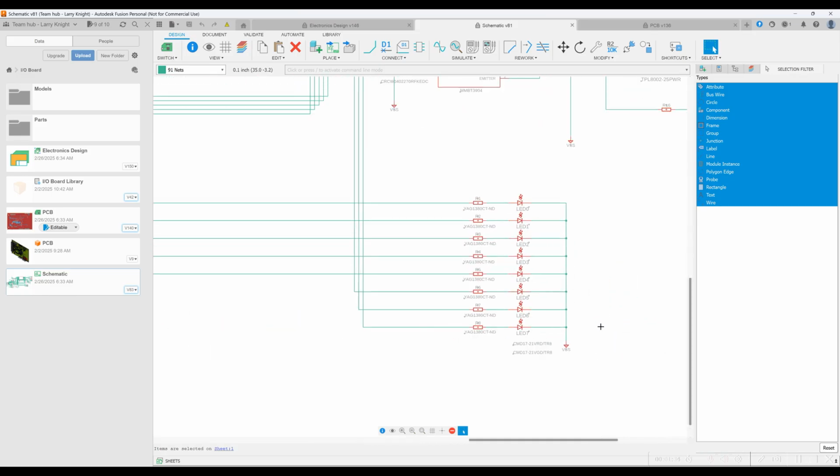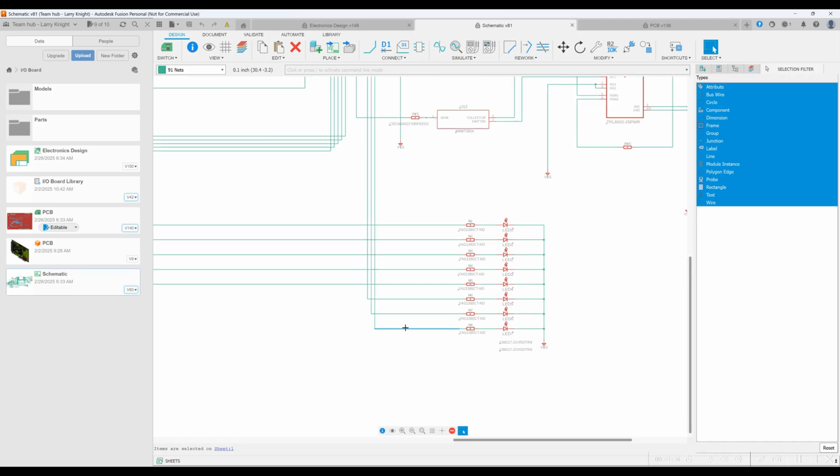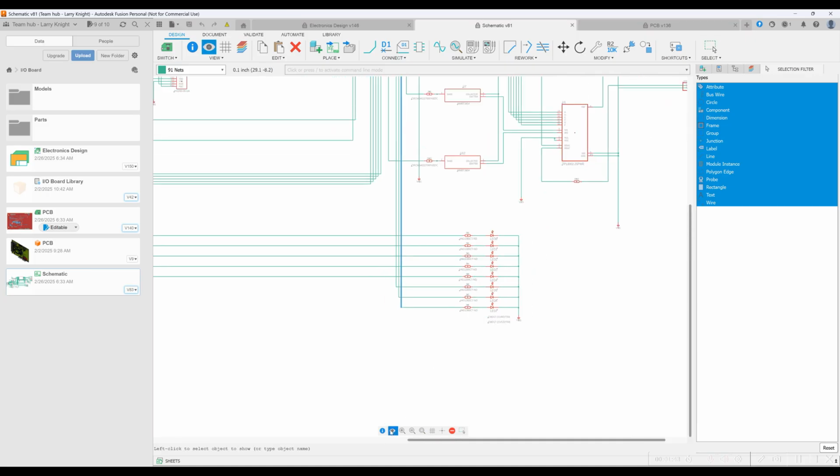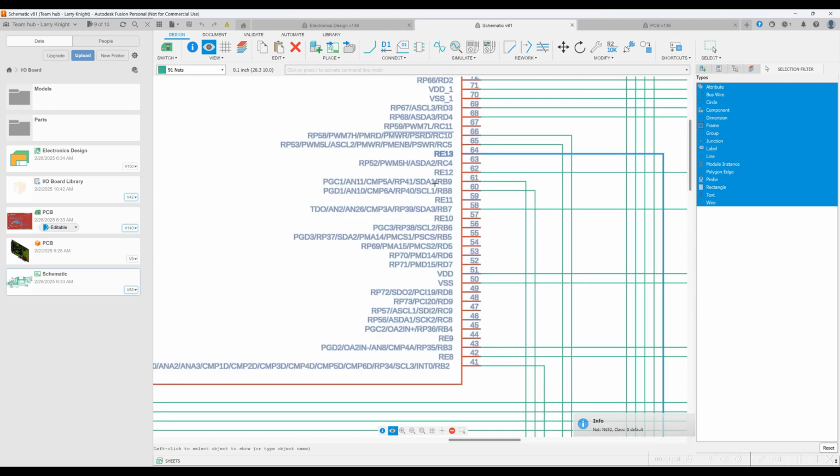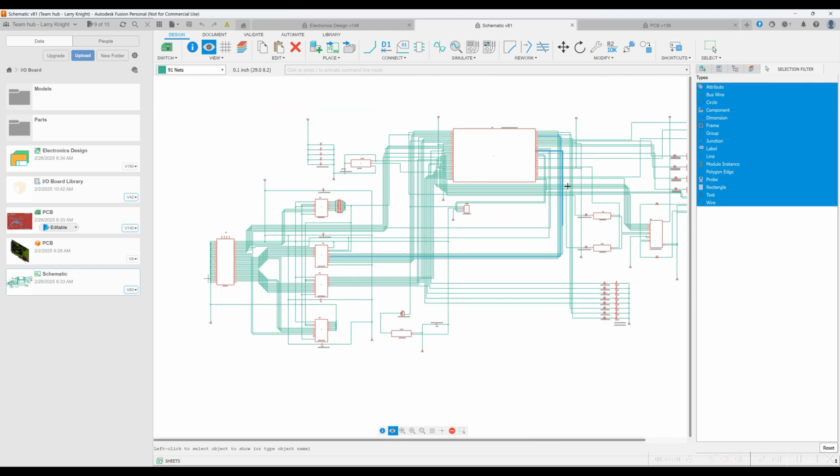and we're going to have to cut this wire here somewhere on the board. Let's get it highlighted. So we've got to cut this here, and we have to move it. This one was intended on going to this one, so we'll have to move it to this one, which is RE13, which will be for the LED,